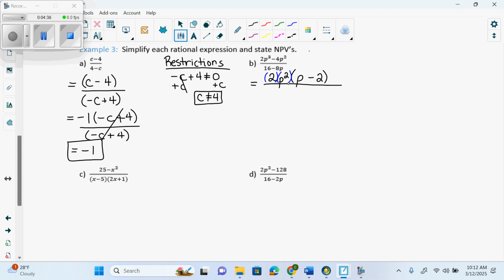All right. We have 16 minus 8p. What can I take out of both? An 8. Now what I'm going to show you first is I'm actually going to rewrite that. I'm going to go negative 8. So I'm going to go 2p cubed minus 4p squared equals